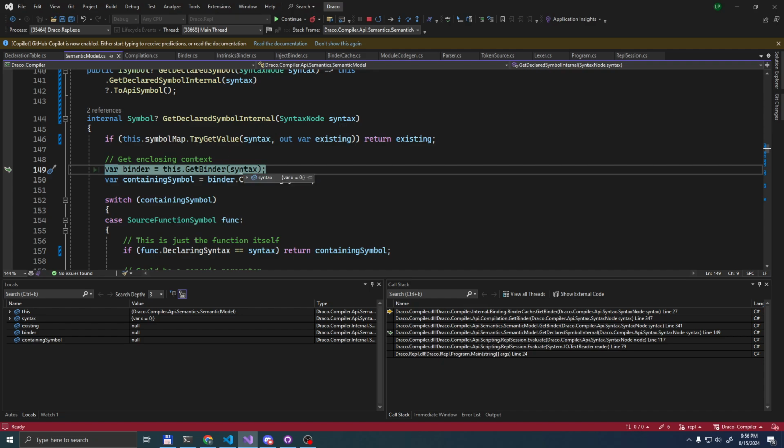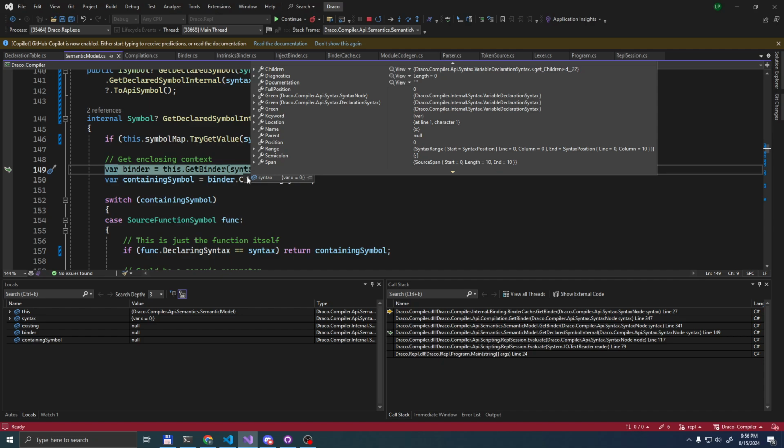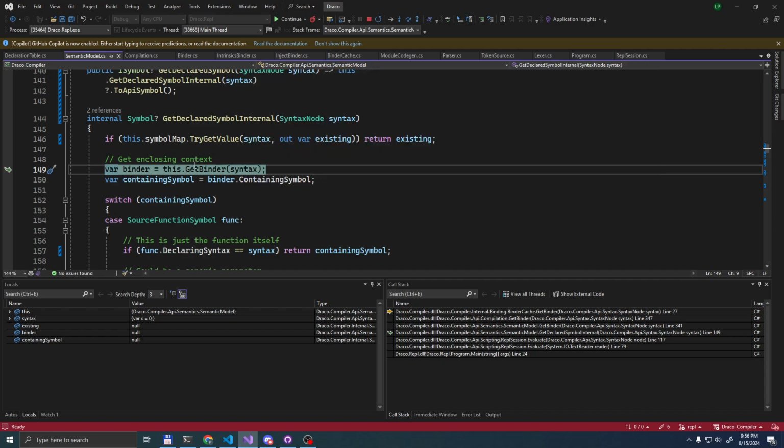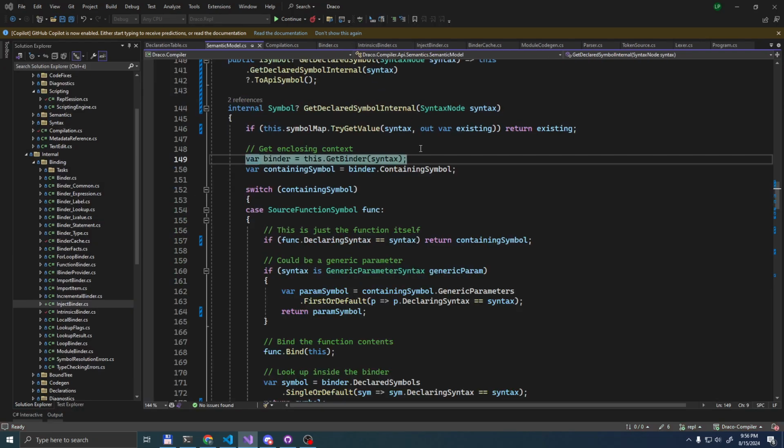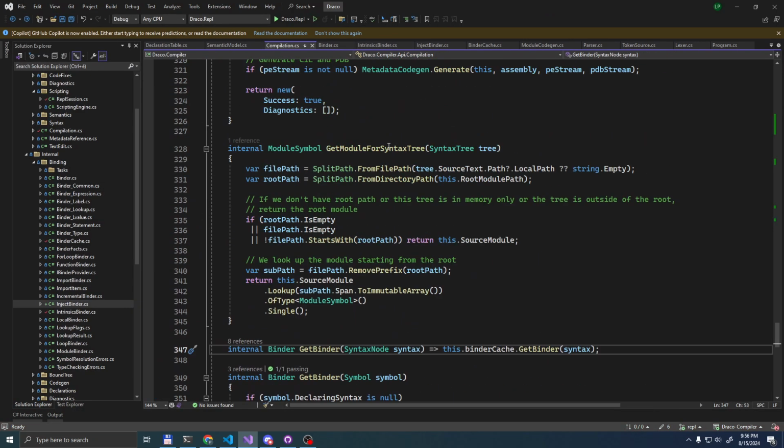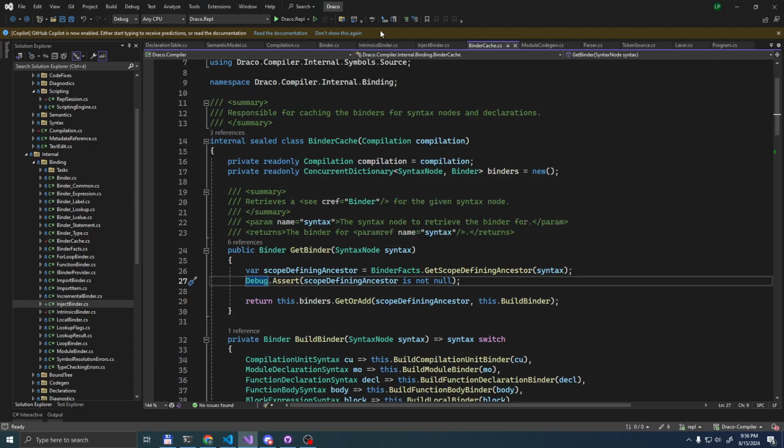Oh, is it because the syntax tree is kind of stupid here? I think so. Yes, I think I know what the problem is. The problem is that, let me search for the, where's the REPL session?